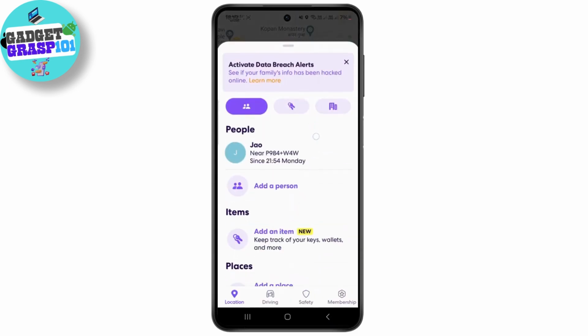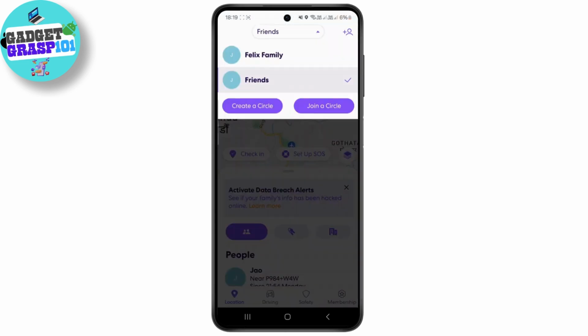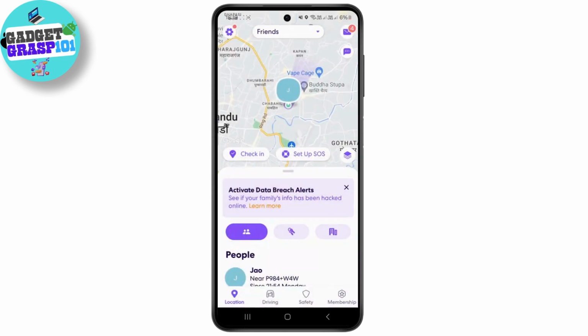And once you're inside the application, you can see there's an option called friends in the middle section. So this is representing a circle name for me in this section. So just make sure you have selected the correct circle. So simply click on it and make sure it's the right one, and just click on the settings at the